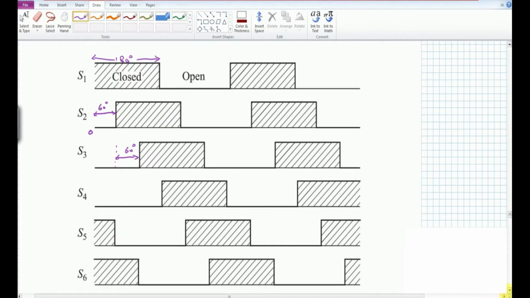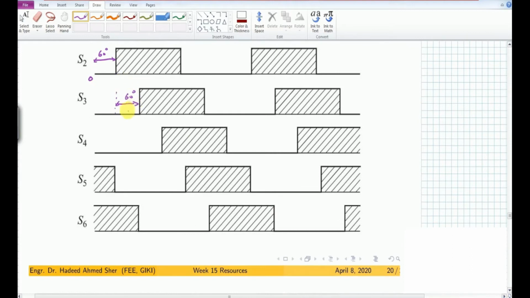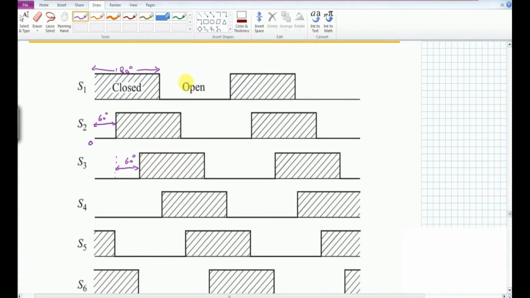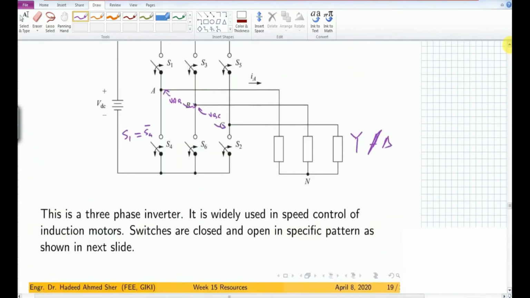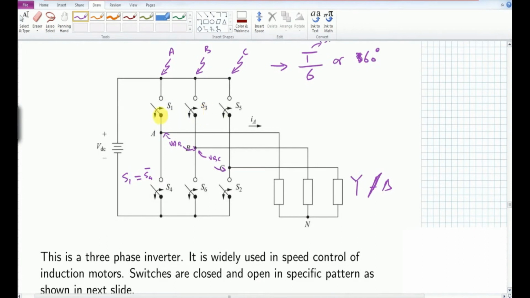Similarly, when we have S3 conducting, which is the high side switch of phase C, then at that particular time the low side switch on phase C, or leg C, is equal to 0. So together we can make sure that with one high side switch on, there is a return path through two switches. Let me show it here: when we have S1 turned on, then S6 and S2 should actually turn